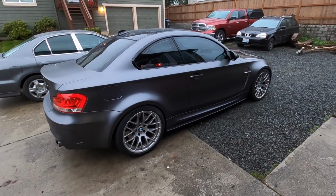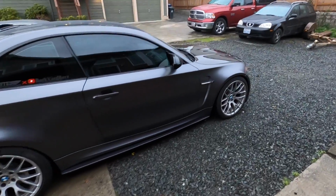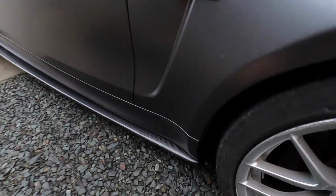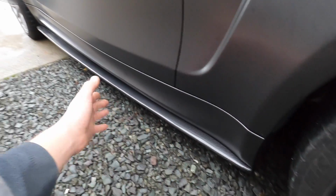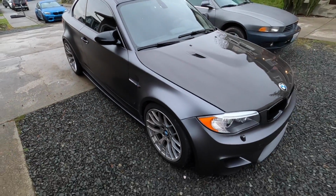Well, there you guys have it. The car does not look fully complete because it doesn't have the rear diffuser in carbon fiber, and nor does it have the front lip, but the side skirts already make the car look a whole ton better. And surprisingly, these side skirts fit very, very well. I've had different problems with side skirts being too short, not fitting up to this body line, this and that, but this one fits flush all the way through, tightened it up, and it's super strong and